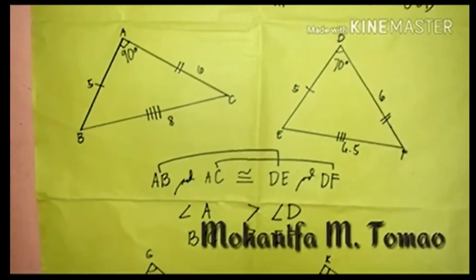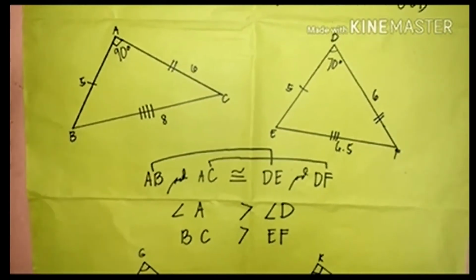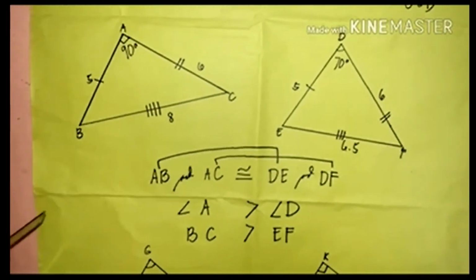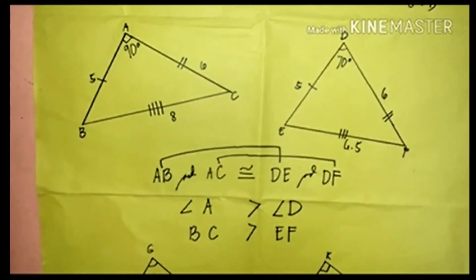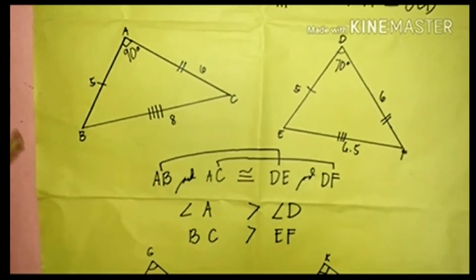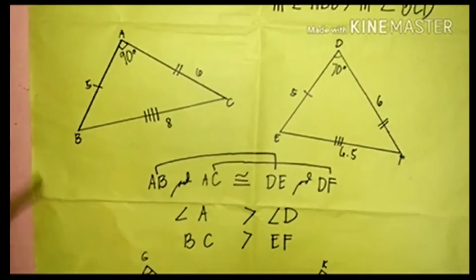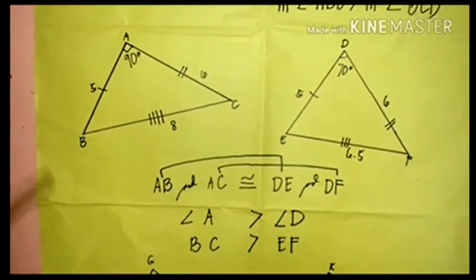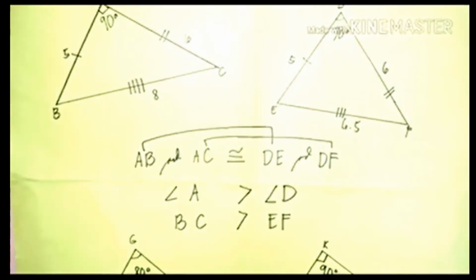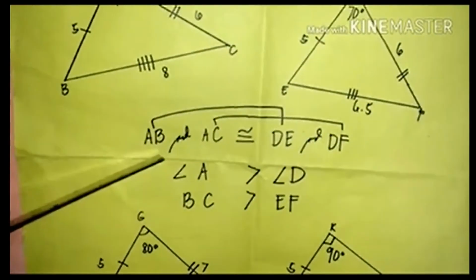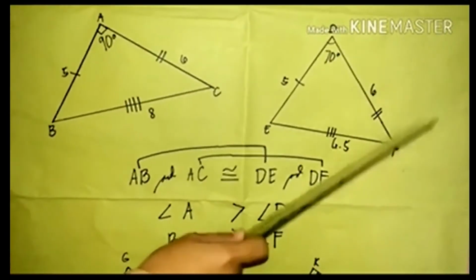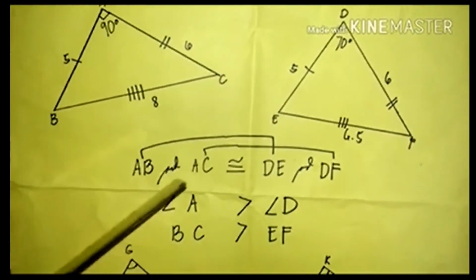Inequalities in two triangles. Hinge theorem, or SAS inequality theorem. If two sides of one triangle are congruent to two sides of another triangle, but the included angle of the first triangle is greater than the included angle of the second, then the third side of the first triangle is longer than the third side of the second. If side AB is congruent to side BE and side AC is congruent to side BF, but the angle A is